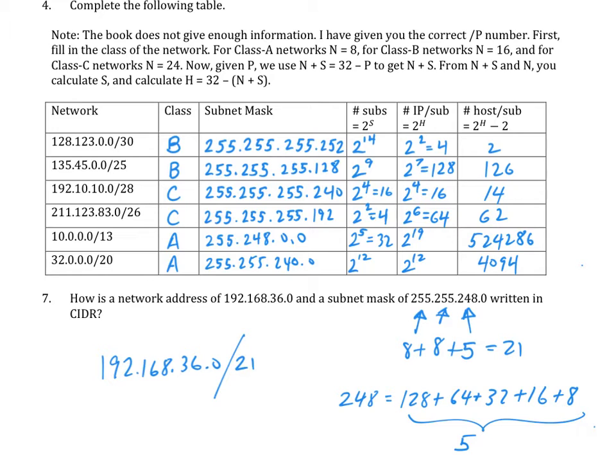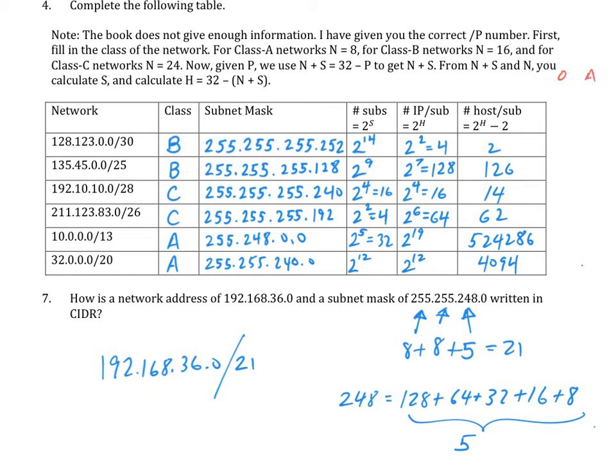In any case, it gives you a network with a slash number, and it asks for the class of the network, the subnet mask, the number of subnets, and the number of IPs per subnet, and the number of hosts per subnet, which is just 2 less than the number of IPs per subnet. And the first thing we're going to do is look at the first number here in the IP address to determine the class. And you'll recall that